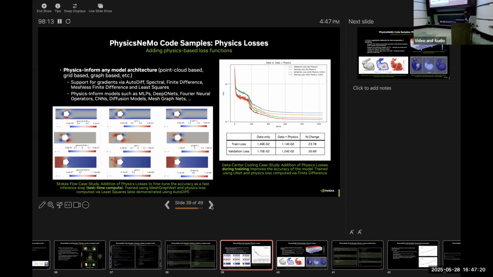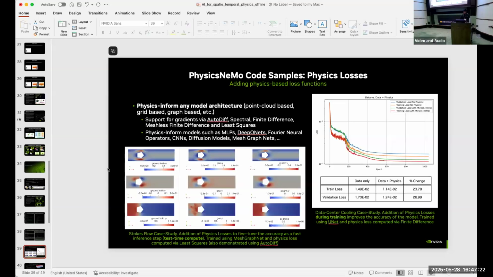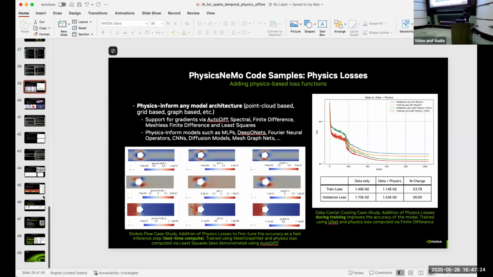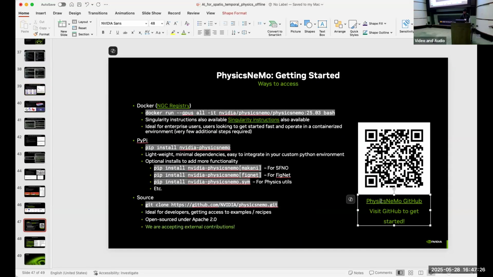Yeah, so that's a great question. Maybe I'll jump to the GitHub for a second. We do have some examples of Lagrangian problems that we have attempted through PhysicsNeMo.